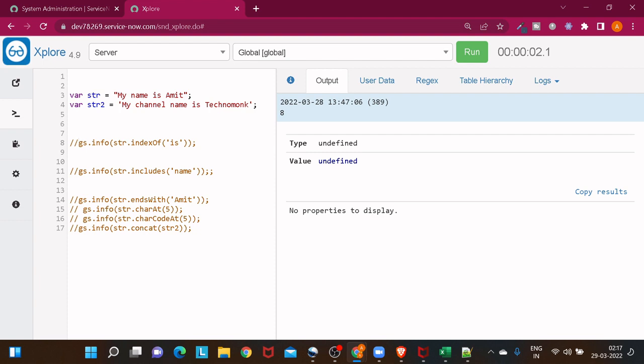Okay. The next method is repeat. So what does this method do? This method returns a string with the number of copies of the existing string. This method accepts a single parameter, a number, that holds how many times you want to copy that particular string. So for example, I want to copy this string, my name is Amit, because I'm really fond of myself, 10 times. So what I can do is gs.info,